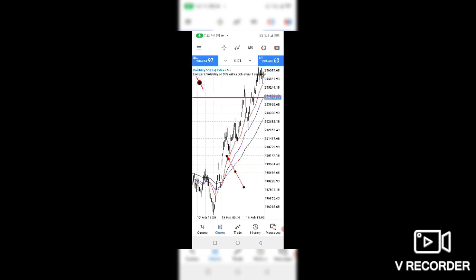It has to touch it and then rebound. It has to touch it and bounce up. If it touches it and breaks the red, you are not going to enter that trade. You are going to wait. Like here, it touched it and created liquidity below the red. You have to monitor for this. You have to run breakout tests.